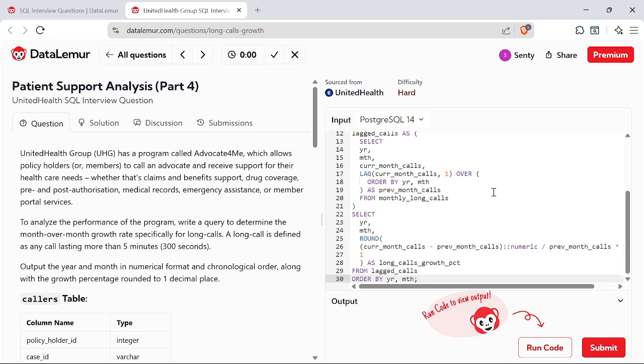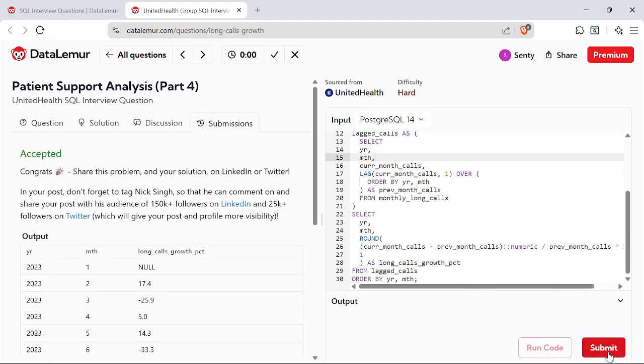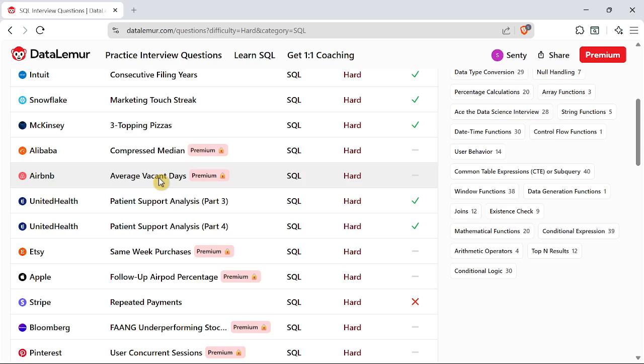Layer 3 is just simple percentage math. We take current minus previous, cast it to numeric, divide by previous and multiply it by 100.0. Wrap it in a round function set to one decimal place. Order by year and month. When we hit submit, our solution is accepted. Now we start our question number 11,